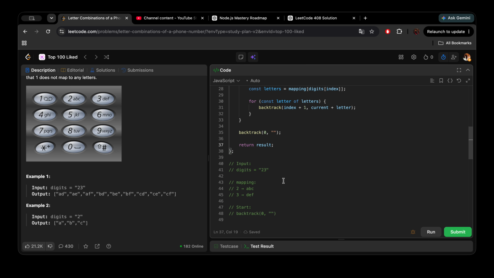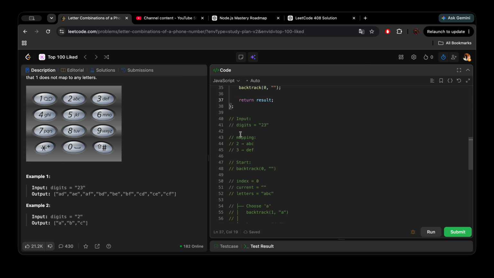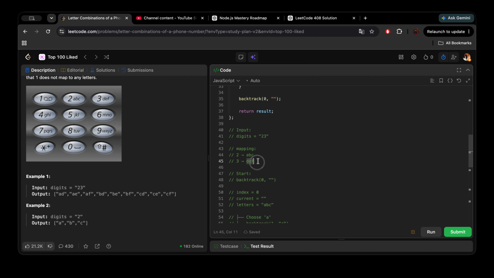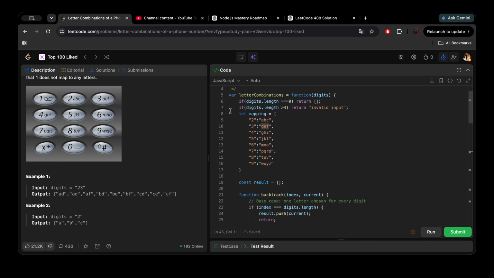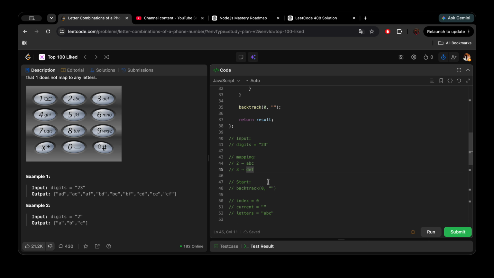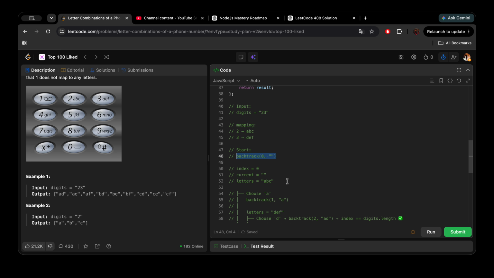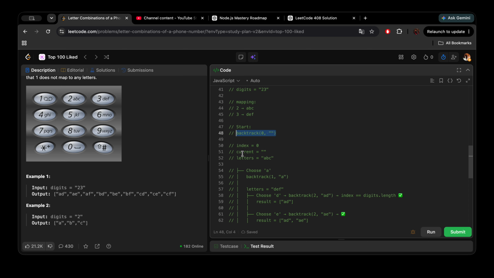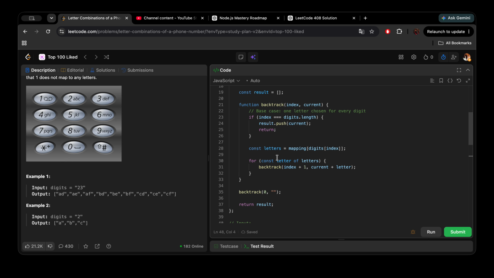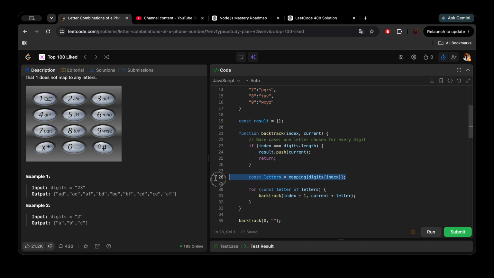Now this might sound a bit confusing, that is why let's dry run it once. Taking the first example, imagine the input is 23 and our mapping would be like this for 2 and 3. We have defined others also, but for this use case we would be focusing on these two. In the beginning of our backtrack function we would be passing 0 and an empty string. Since our index is 0, current is empty, and letters are fetched from here, line number 28,